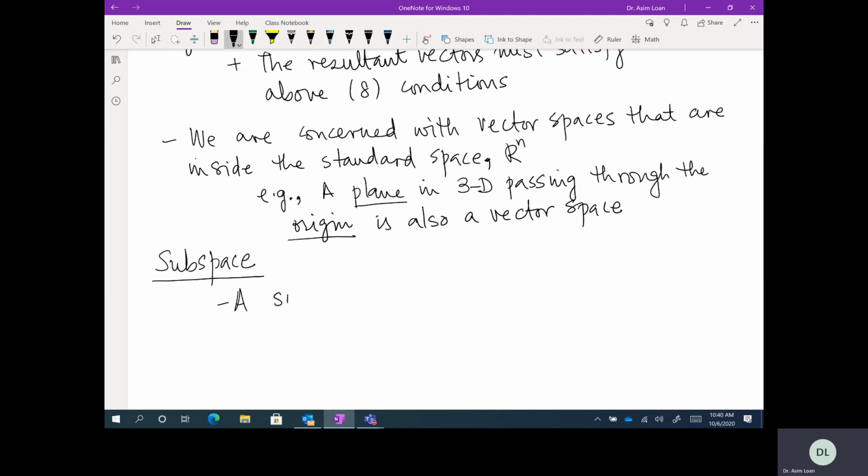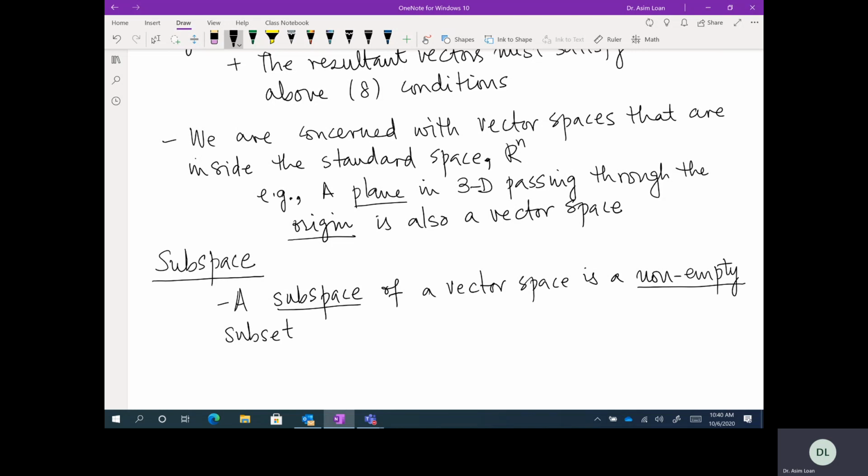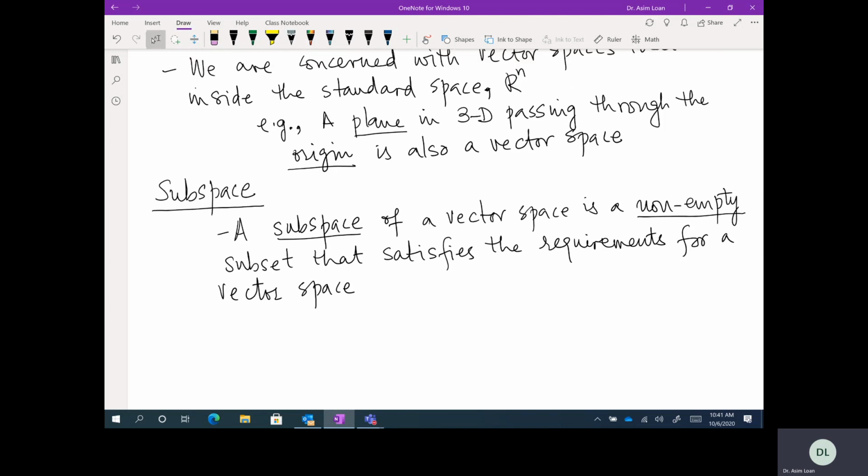So a subspace of a vector space is a non-empty subset that satisfies the requirements for a vector space, that is, linear combinations stay in the subspace,